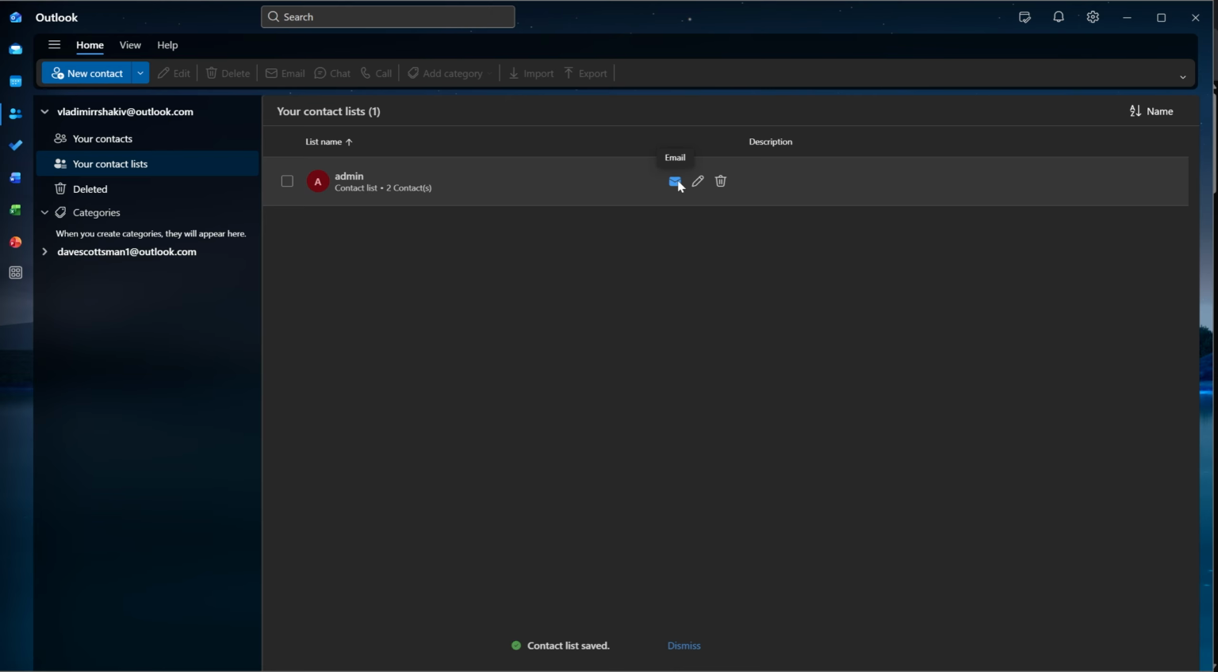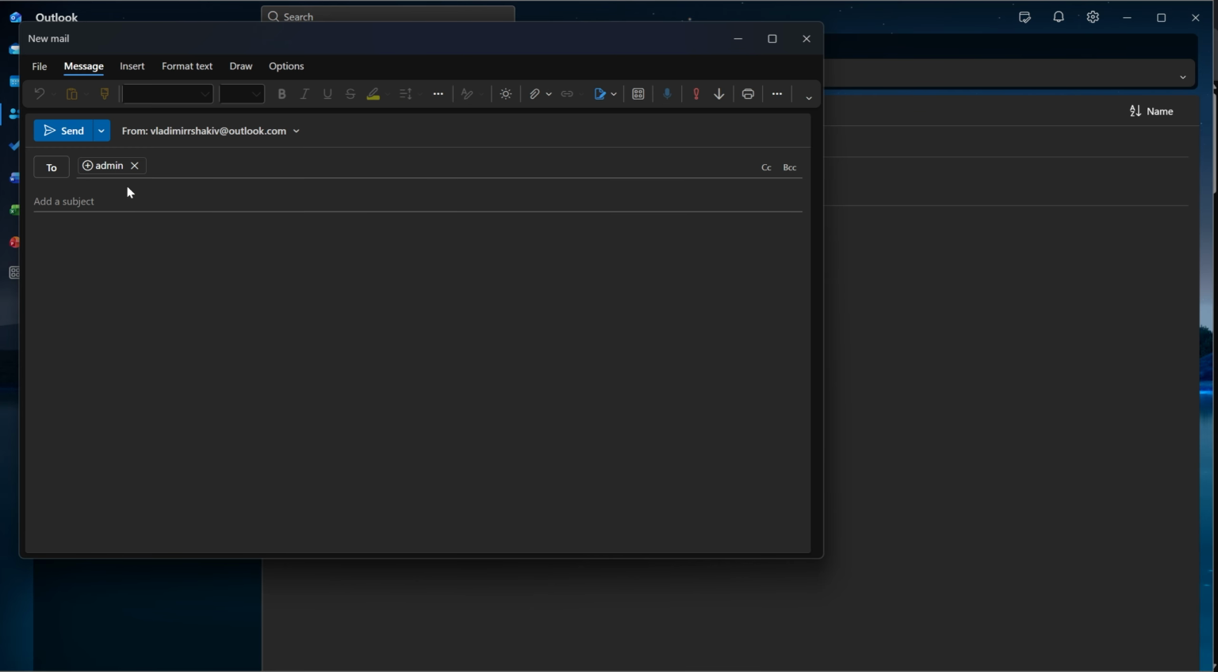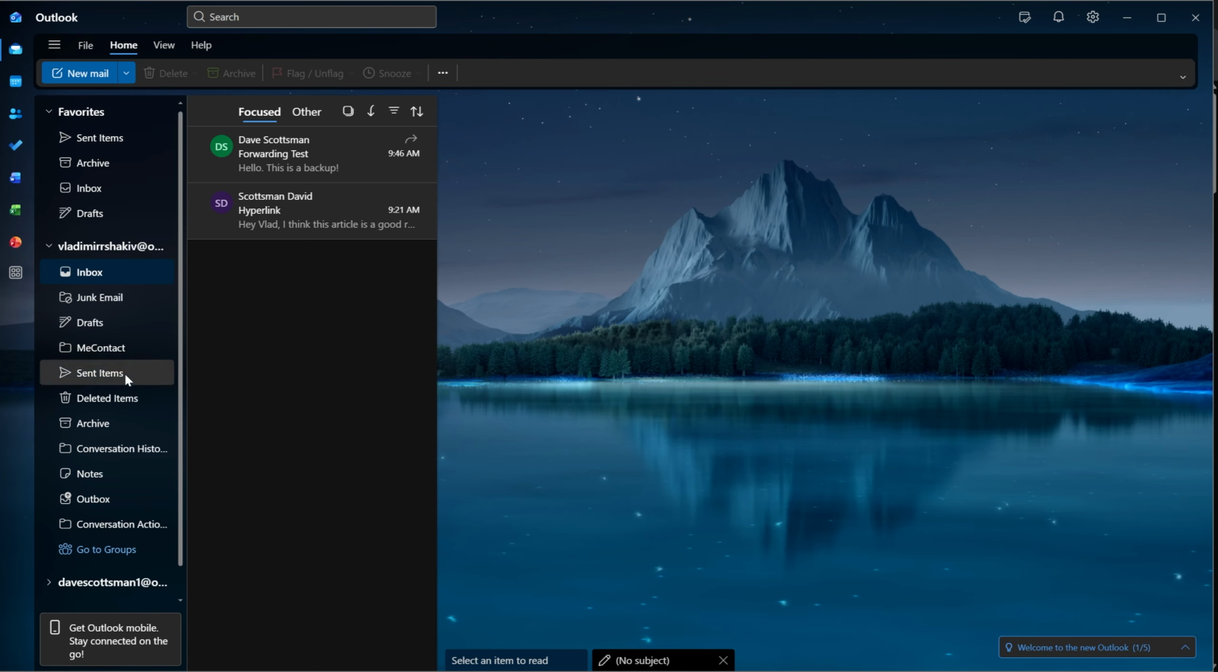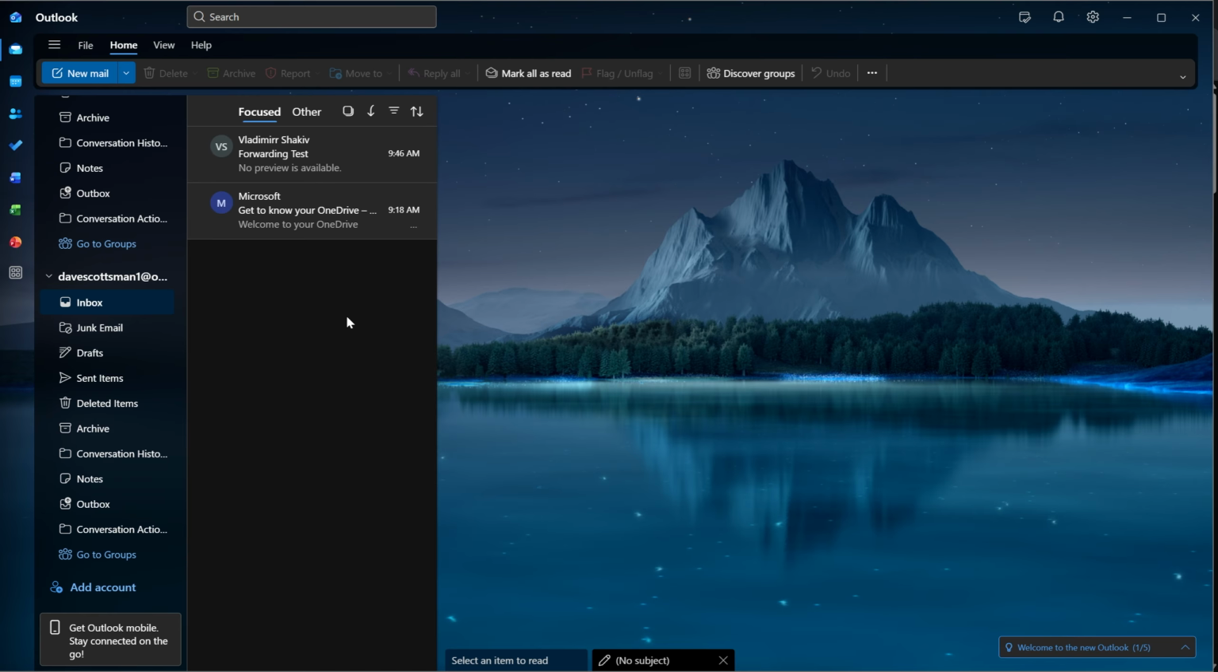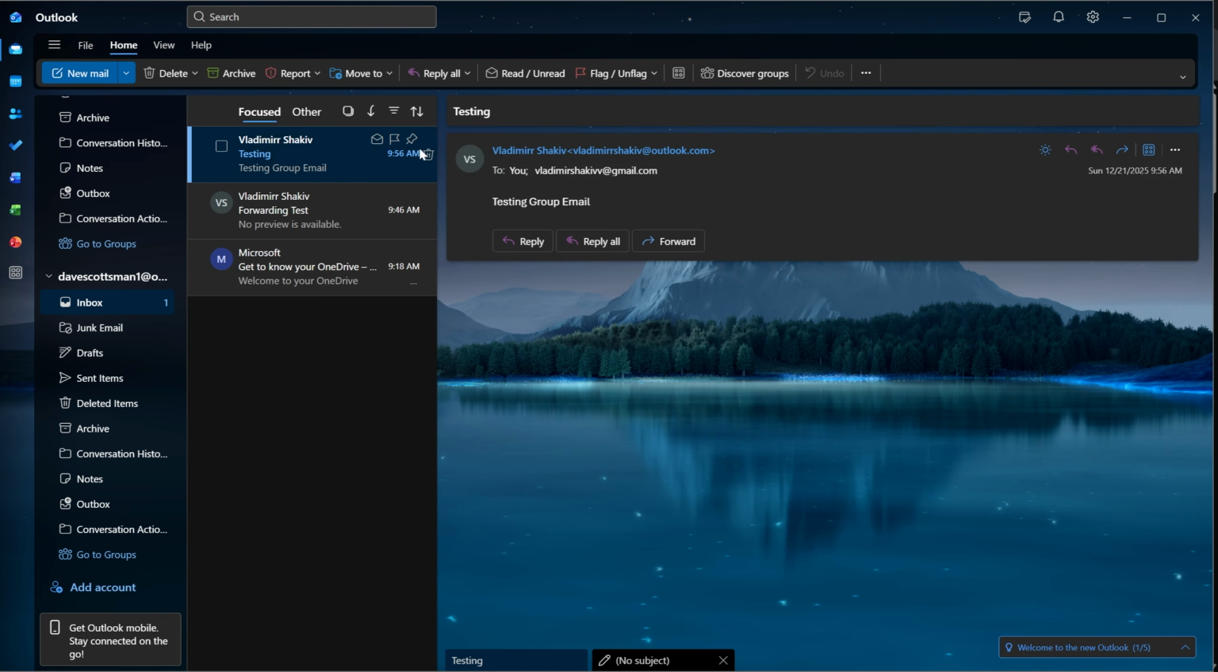I'm gonna go ahead and click email. Admin is added, and I'm gonna go ahead and type here testing group email, and then click the send button, and let's go back to the email. And since this particular email of mine is part of that group, we should be receiving something here. There you go. I'm gonna click it,